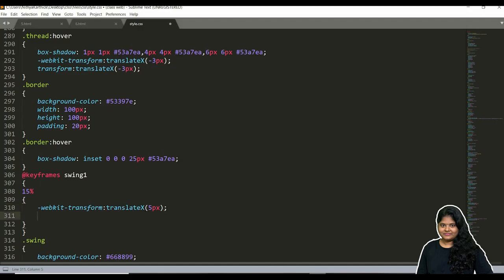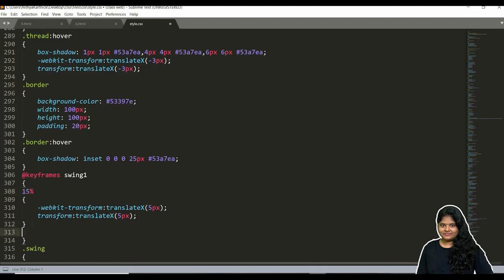You just give it for transform also, the same thing, so we can eradicate the browser compatibility issue. Now we are just moving the particular div 5 pixels on the x axis when the keyframe is at 15%.